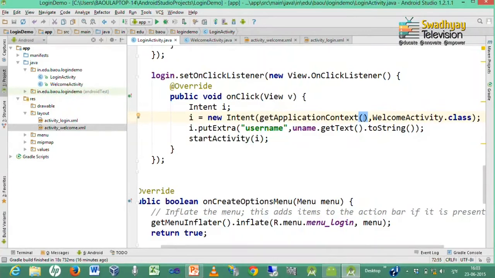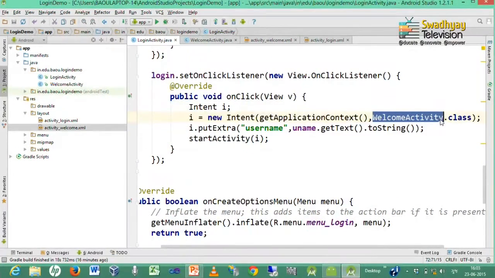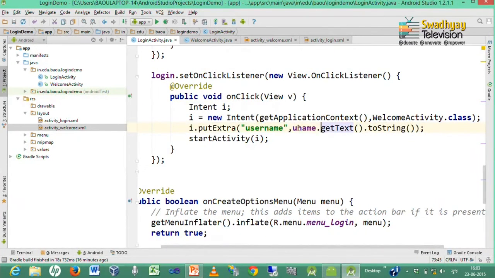So, meaning of these three lines is we want to start one intent which represents this welcome activity, and before we start that activity we have to supply one data with name username with value which is typed inside username.